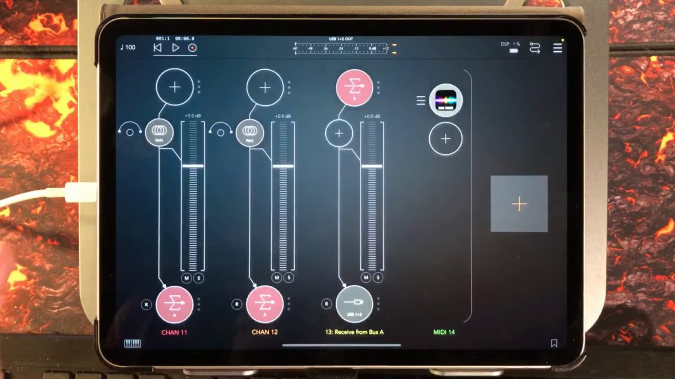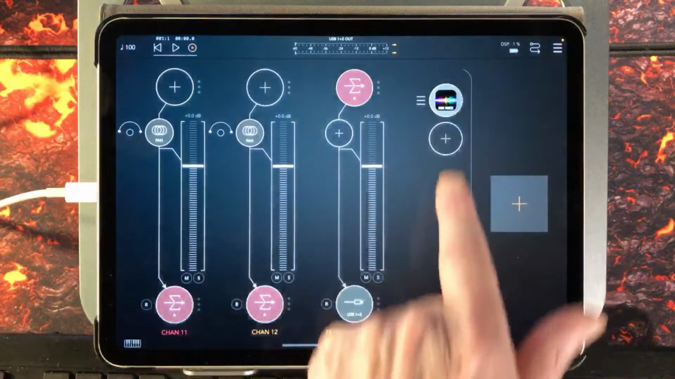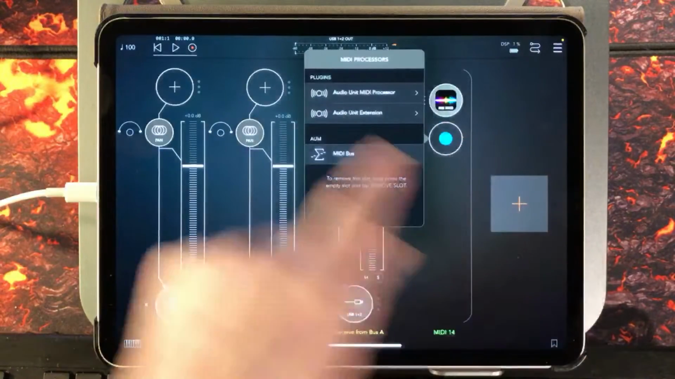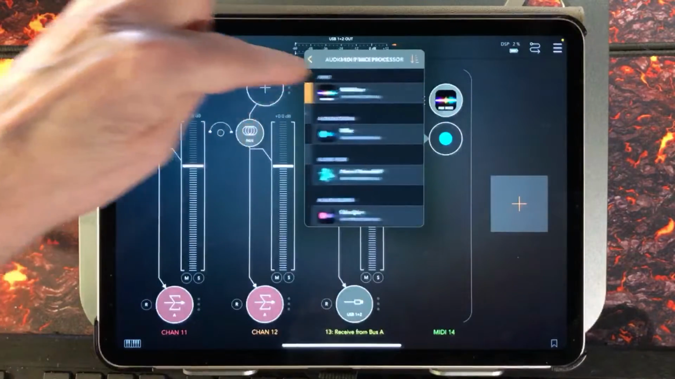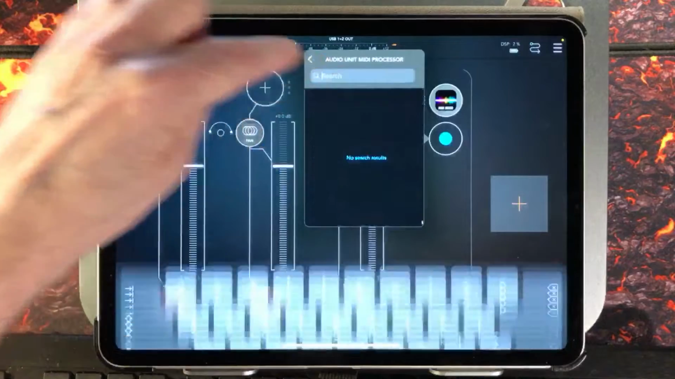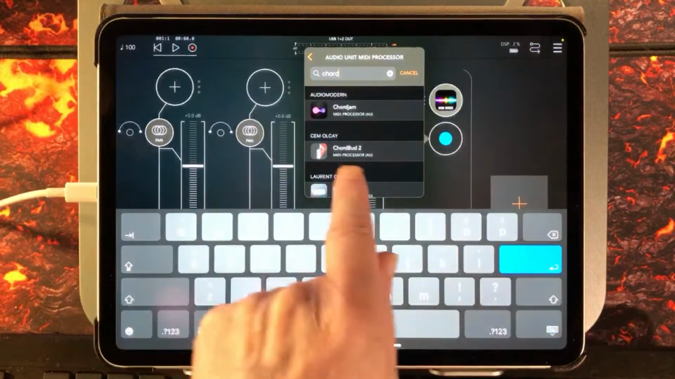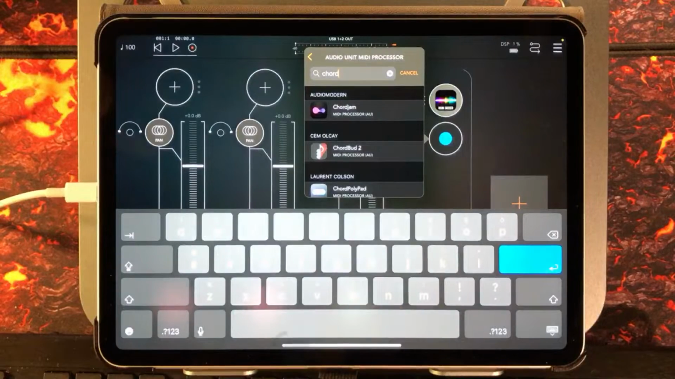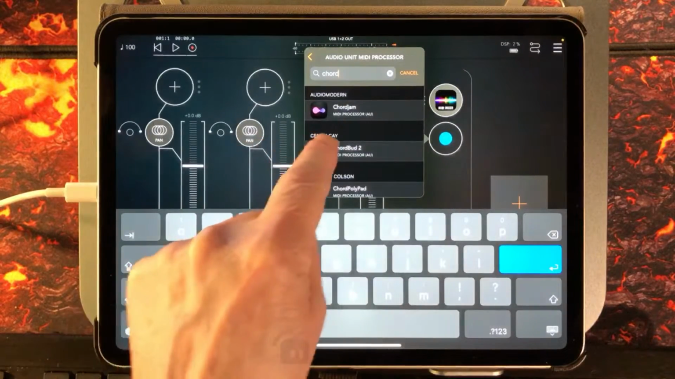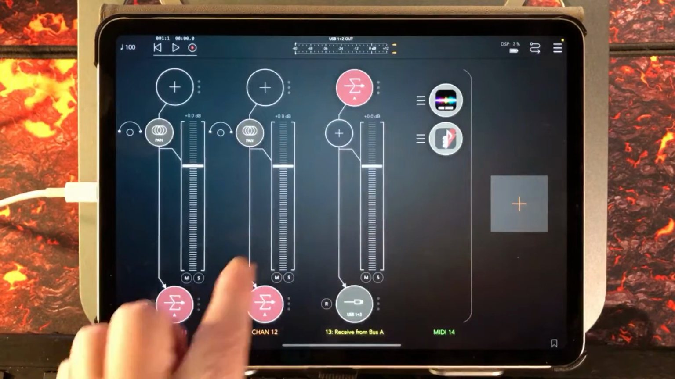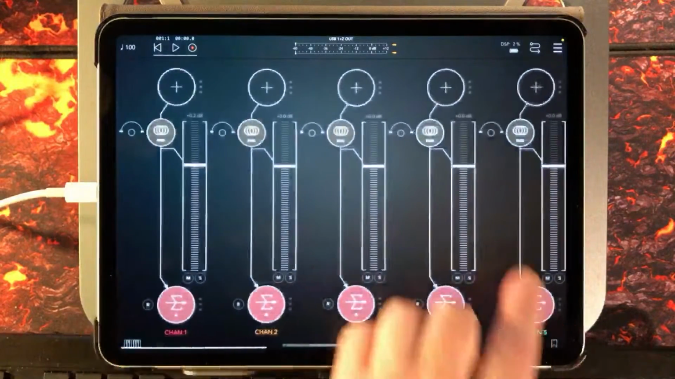So first thing I'm going to do, I'm going to tap below Midi Mixer, because this is a MIDI channel. Okay, so MIDI channel 14. I'm going to tap on this, and I'm going to add audio unit MIDI processor. And I am going to look for Chord Bud, and there it is by Chem Okay. So Chord Bud there. So I'm going to use Chord Bud, and then just to save me having to swing all the way around to the bottom,